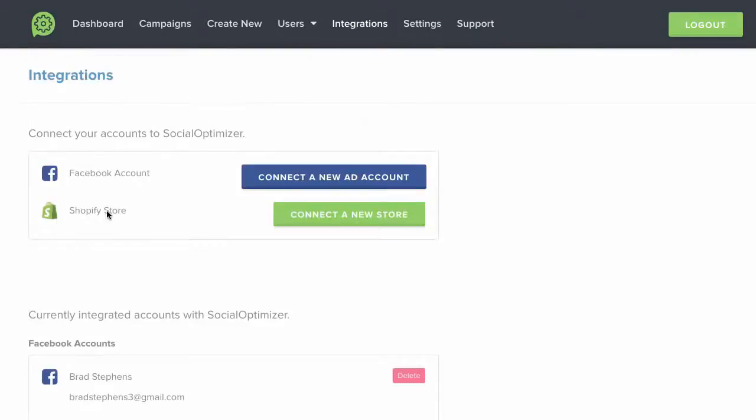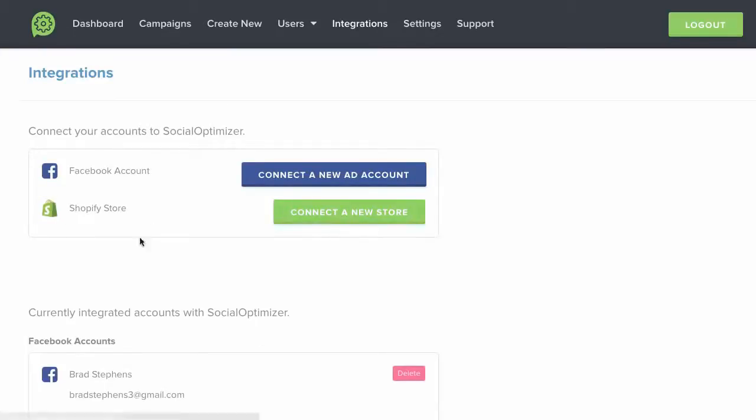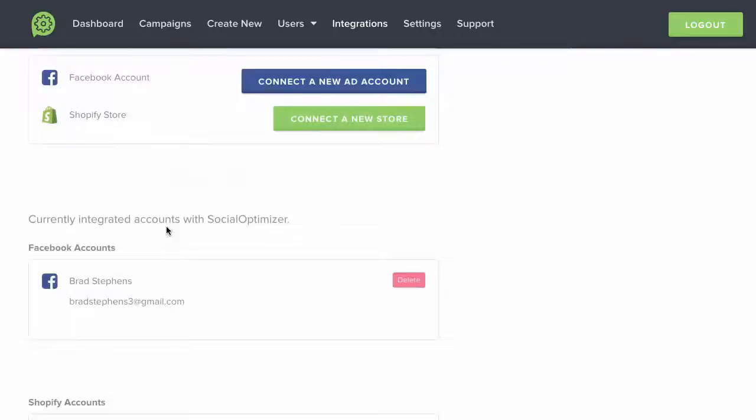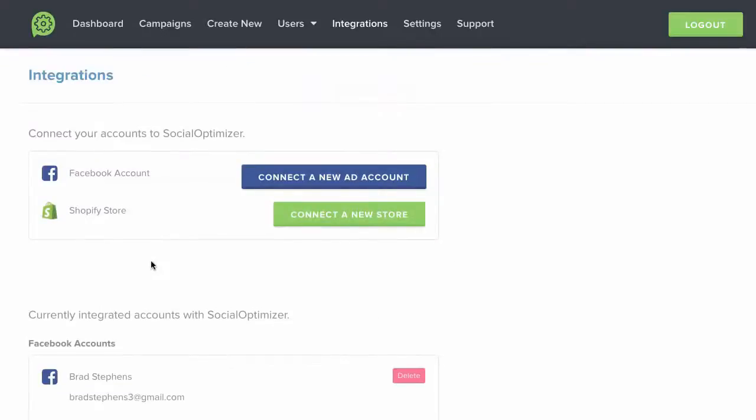Now we do have a Shopify store one-click integration too, which is just there for convenience, and I'll show you how that applies in just a second. But we do also integrate with all other merchant accounts and any sort of sales funnel or website. So if I go to create new now,